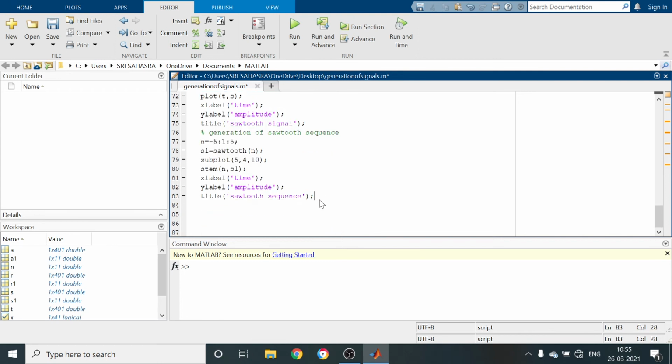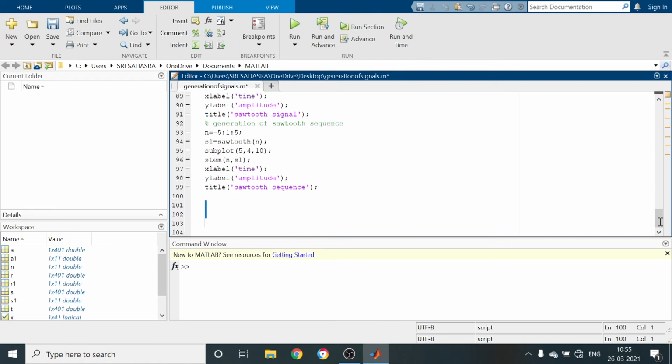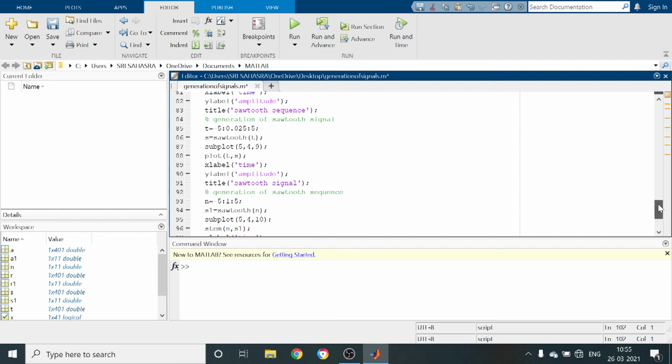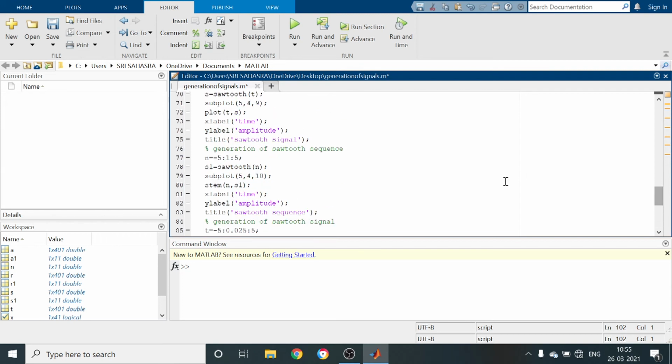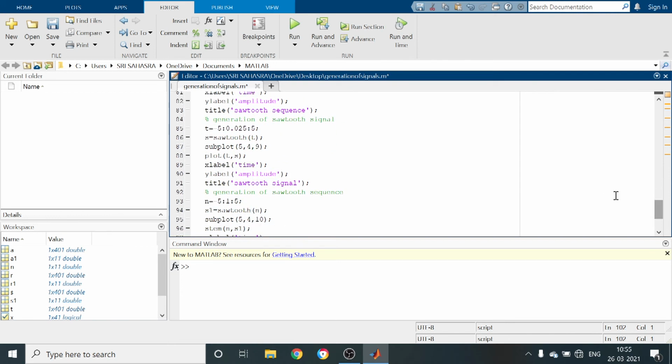I am saving the sawtooth function program here, because there is a relationship between sawtooth signal and triangular signal. Now I have to generate the triangular signal.